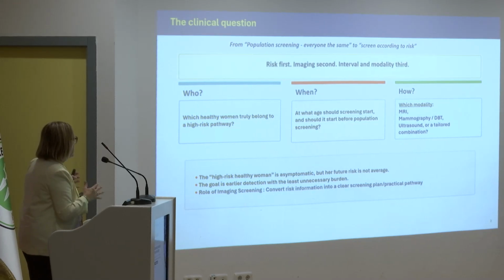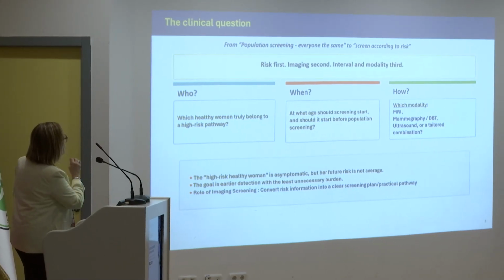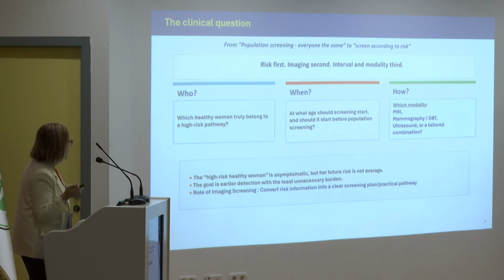So, in these cases, we are moving from population screening, where everyone is the same, even the age, even the density, to screening according to risk. And the clinical question, for the clinicians, the radiologists, everyone, and the patients, in the meetings is who, when, and how,